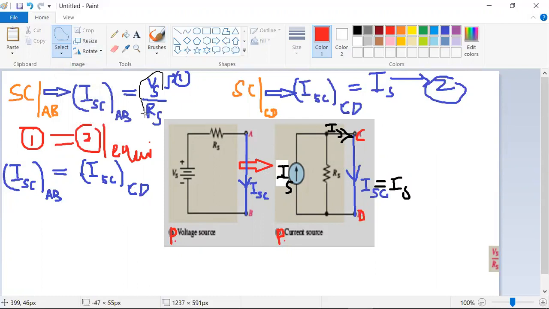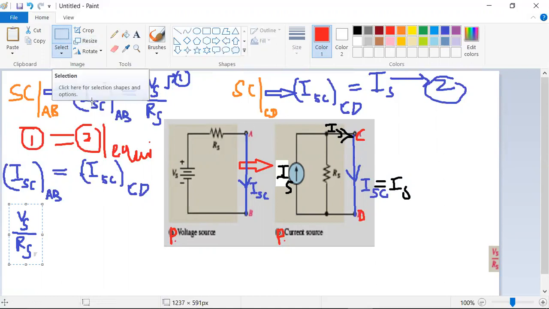Isc of AB is Vs by Rs. Let me substitute this value, right, is equal to, what about the Isc of CD? The short circuit current flowing through the C and D terminals, where I am doing the short circuiting. So that will be, wait,